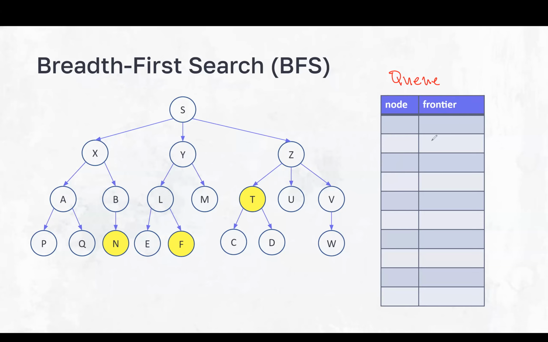Starting with the node S, we put S in our frontier here. Again, a queue uses the concept of first in, first out, or FIFO. So if you call S, you need to check all the adjacent nodes to it and insert them in our frontier. So to make the order,